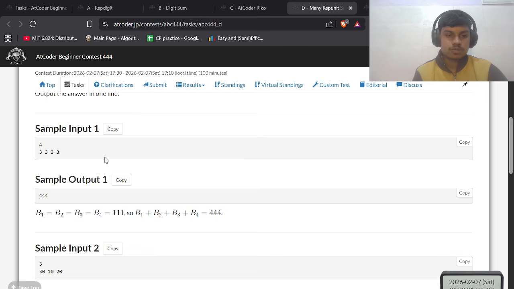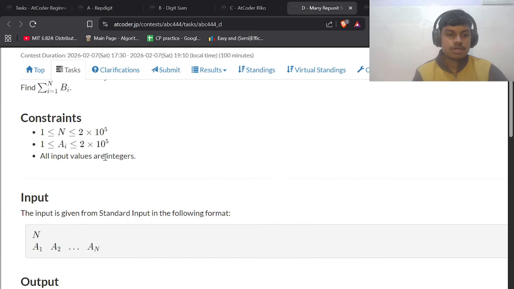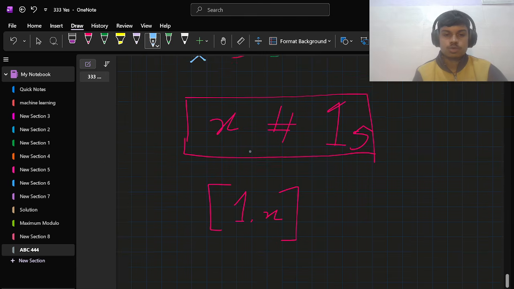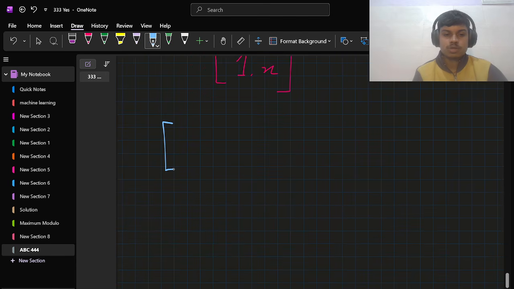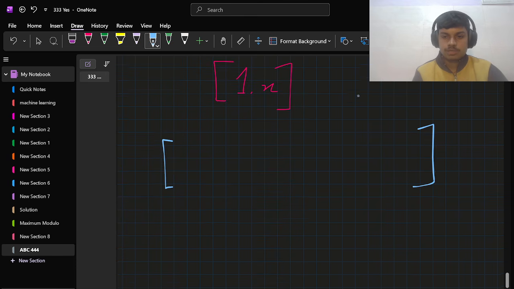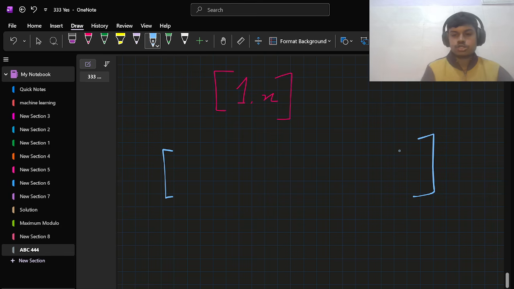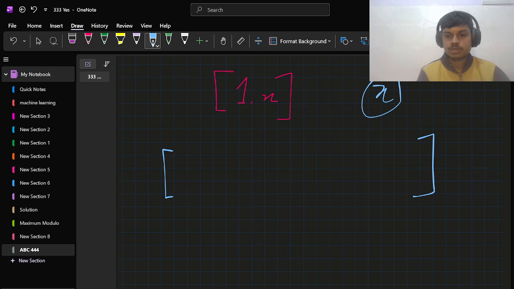So how do you go about solving this? How are we going to do this? We are just going to maintain some new array. Let's just call it position, or maybe count, where we will add all the contributions of each of these numbers. Suppose you get some number x. Let's say this is position number 1, this is number 2, and this is position x. Then you're going to do plus 1